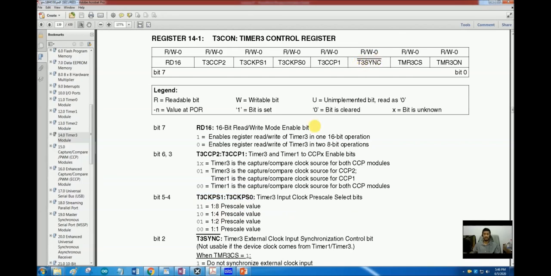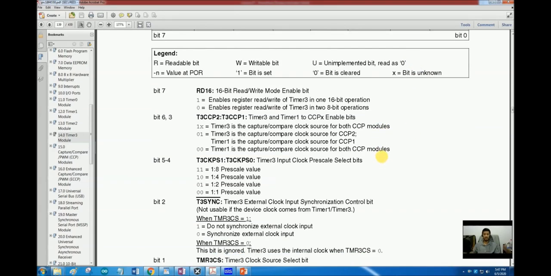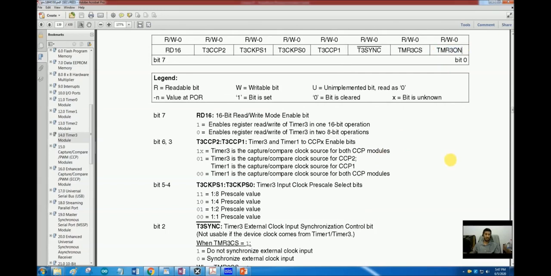Then we have T3SYNC, whether we want to synchronize the external clock with the internal clock or not. The second last bit is timer 3 clock source select. If we want to select the external clock source or an internal clock source for the timer, this bit can be used. And finally we have the timer 3 ON bit that is used to start or stop the timer.